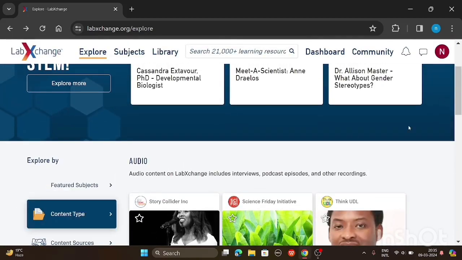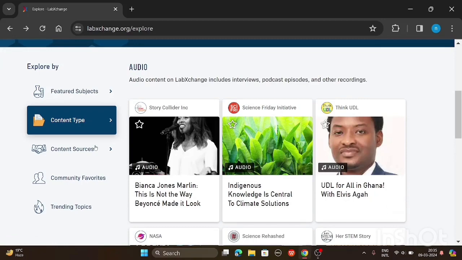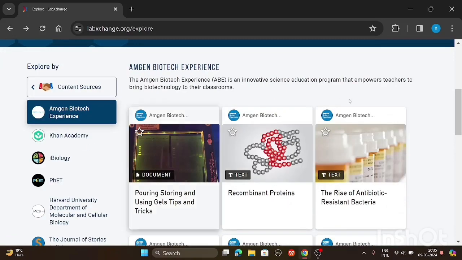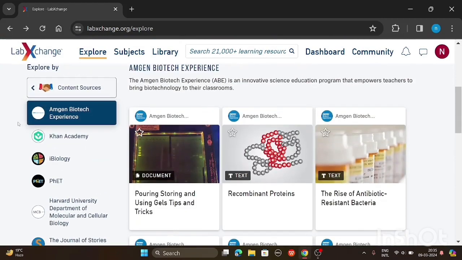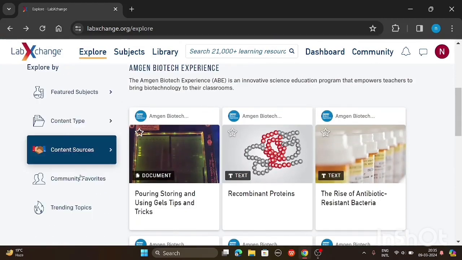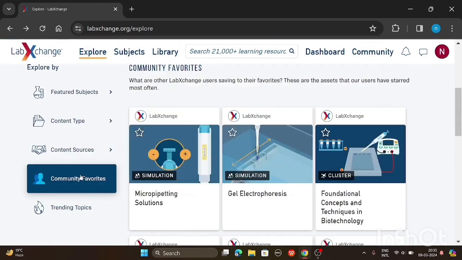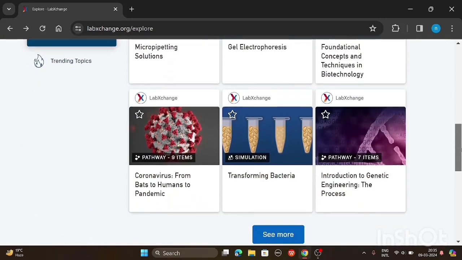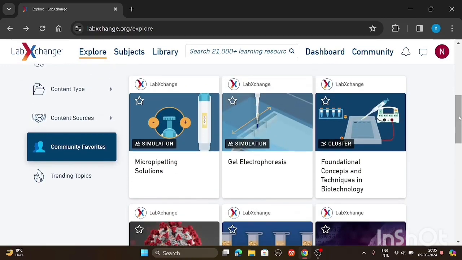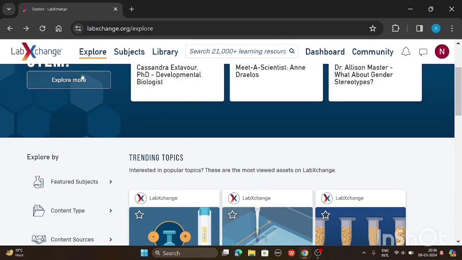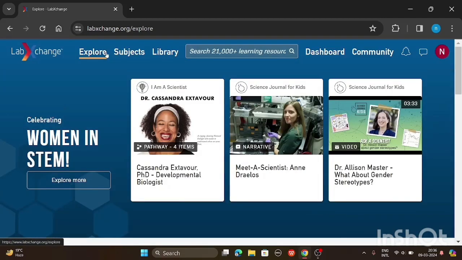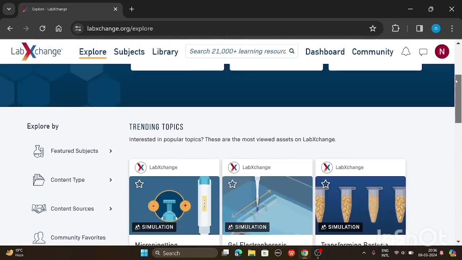And then we can just go to content sources. We can see who has contributed to this. This is a very long list of all the content creators, community favorites, the videos which have received the maximum likes or views, and then trending topics right now. And then we can go again to explore,